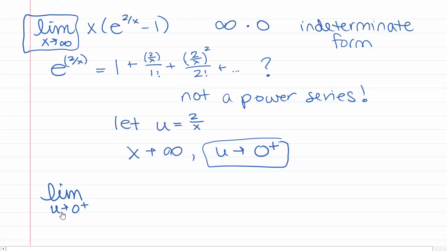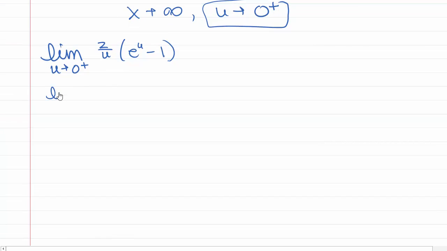So we want to take the limit as u goes to 0 from the right of, well, if u is 2 over x, that tells us that x is 2 over u. So we're going to get 2 over u for that x here in the front. And then we have e to the u minus 1. So now we can use power series. So we're doing the limit as u goes to 0 from the right